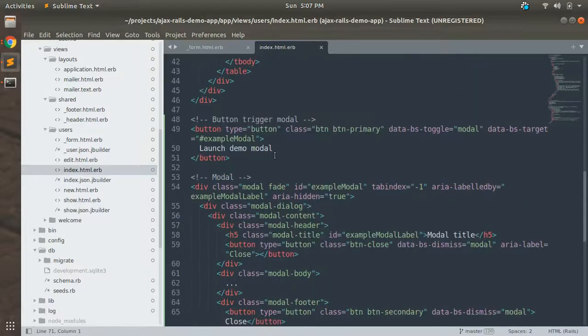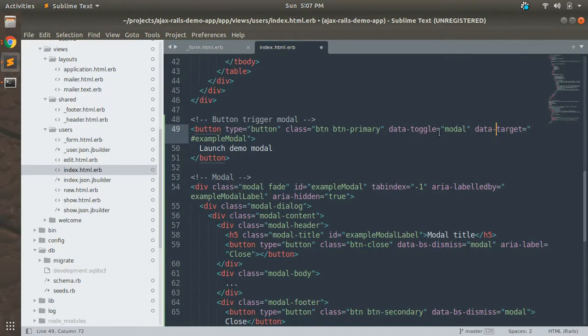Now you can see data bs toggle modal, data bs target example modal. This is just because we are using Bootstrap 5. In Bootstrap 4, or any version of Bootstrap less than 5, we simply use data toggle, not data bs toggle, and data target, not data bs target.